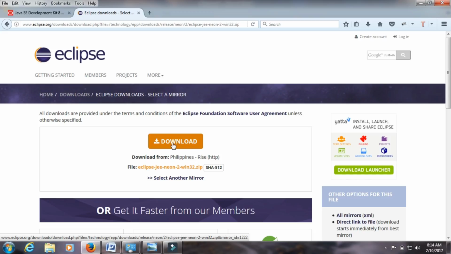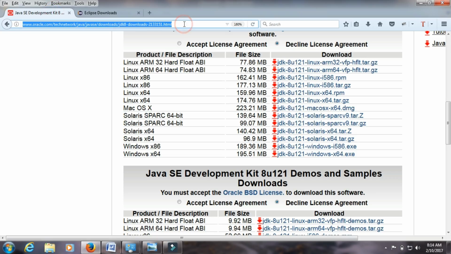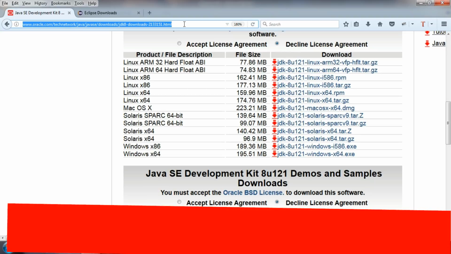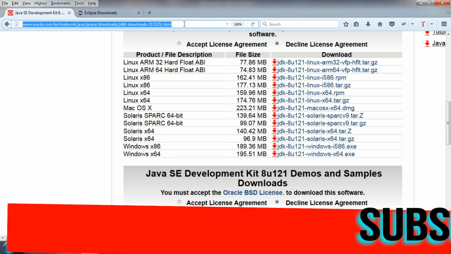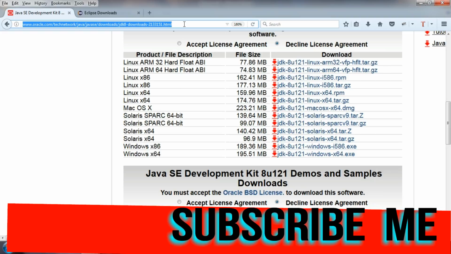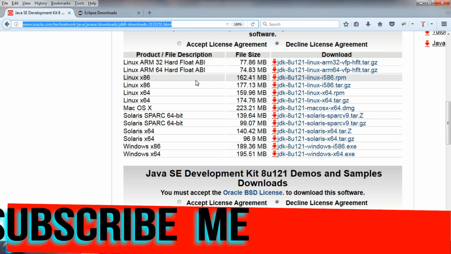Both of these URLs I will provide in the description section of my video, where you can directly find the 32-bit or 64-bit versions of Eclipse and Java.